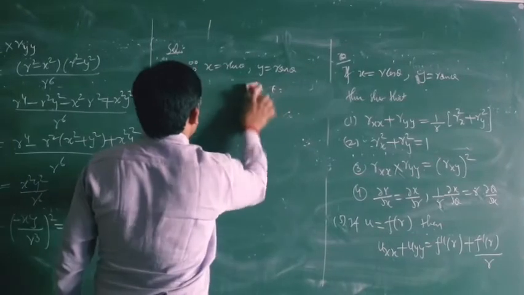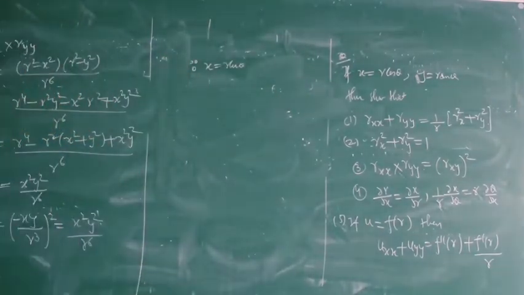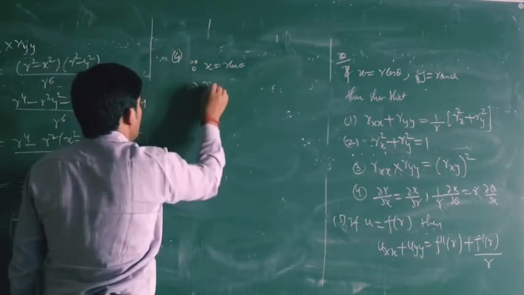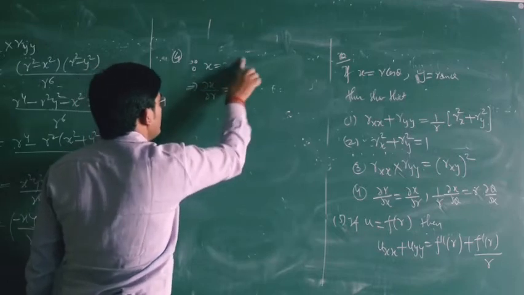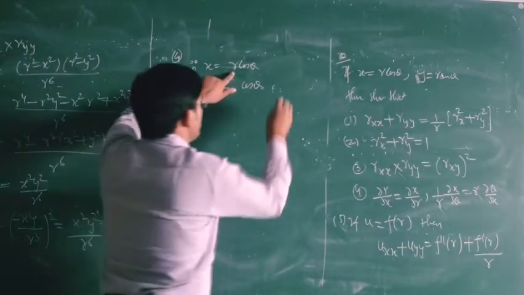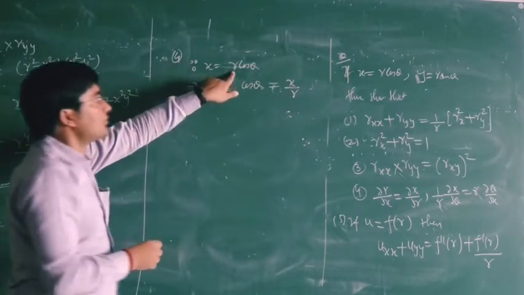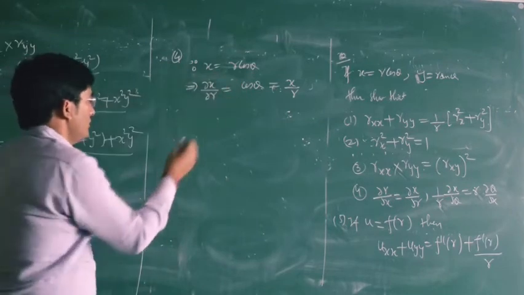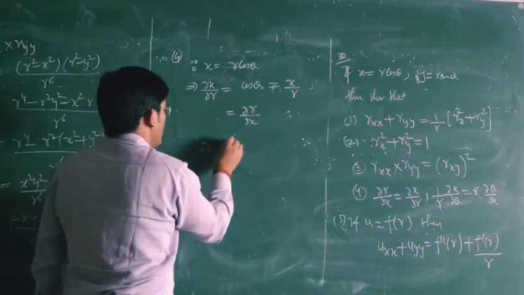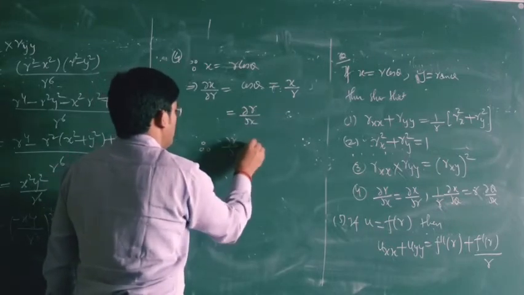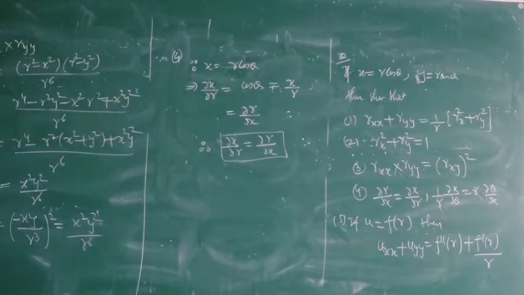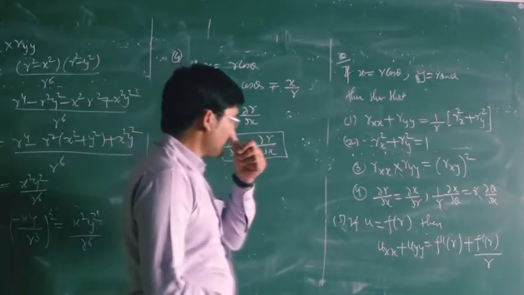In the fourth part, we have to get the value of del x on del r. Because our x is r cos theta, from here our del x on del r will be, the differentiation of r will be 1, so we will have cos theta. And again cos theta can be written as x upon r, and x upon r is equal to del r upon del x. So therefore we can say that del x upon del r is same as del r upon del x for the parametric coordinates x equal to r cos theta and y equal to r sin theta.